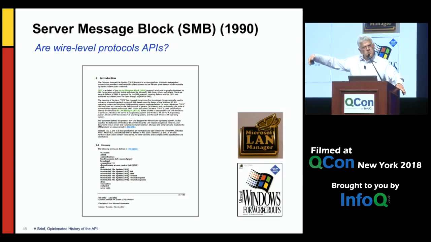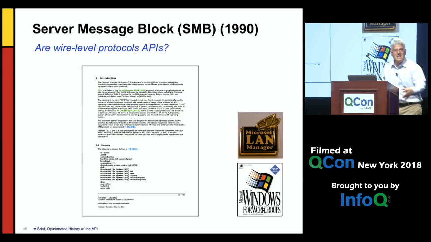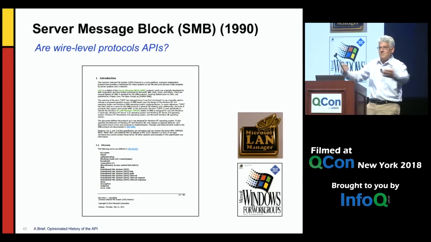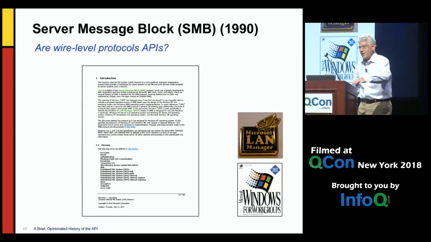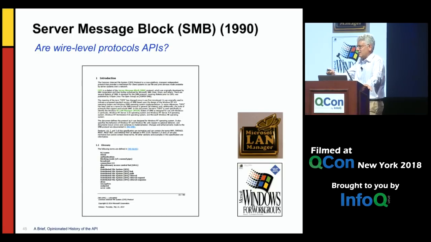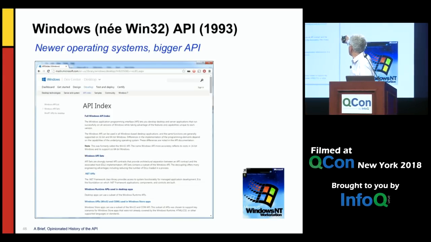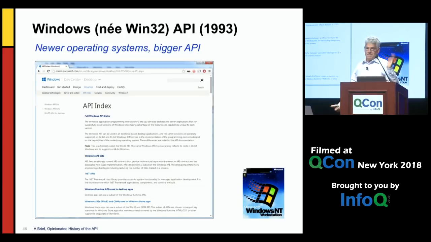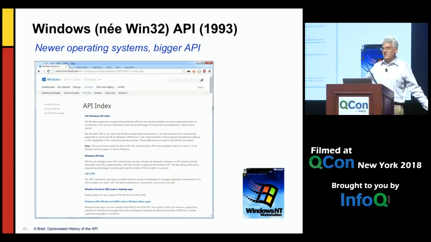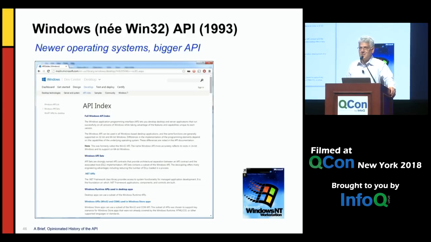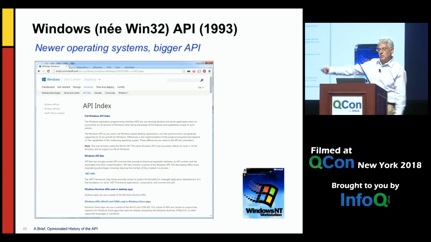Only a few of you think of it as an API, and yet it is an underlying communication mechanism that allows components to interoperate, but you don't program with it exactly like a traditional API. Finally, in the modern era, we have web APIs. If you've got a web service, in this case Delicious, you publish an API so that you can mash things up and build programs that use them. So we have APIs all the way from the earliest of machines, from the EDSACs of the world, to our